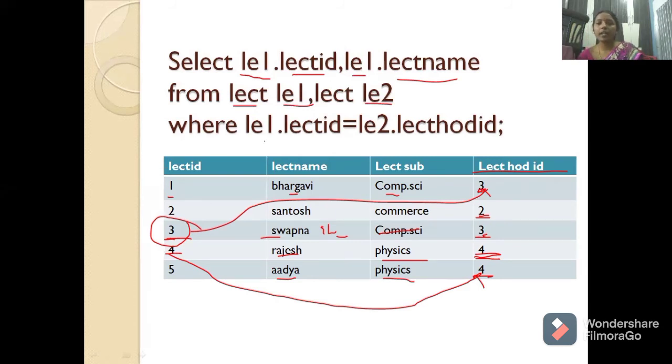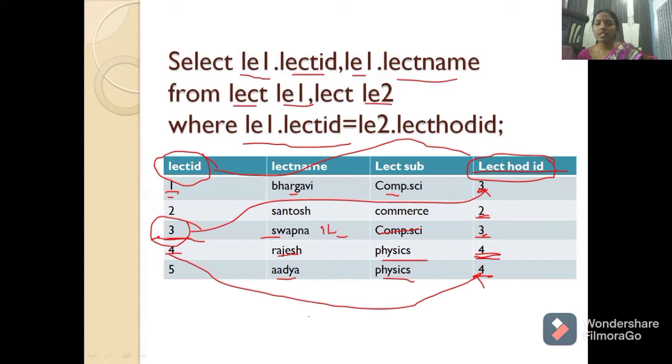Now what are you combining? Lecturer1.lecturer ID with the lecturer HOD ID. I want to see who are the HODs in the given table. So my query returns the HODs of the given table.